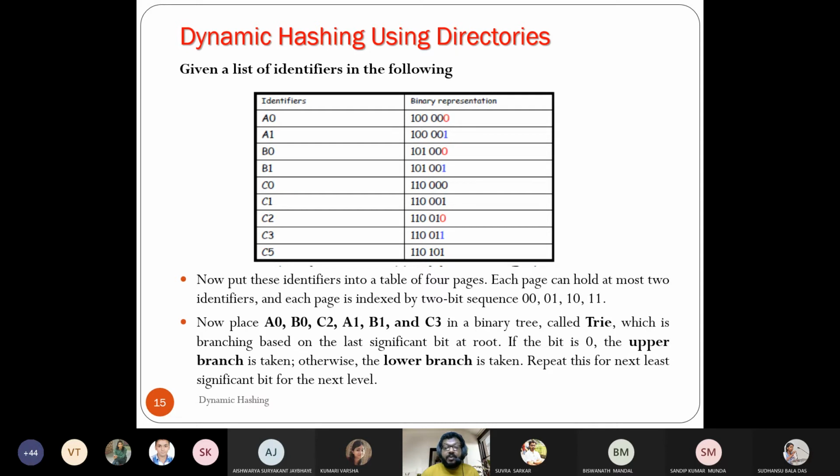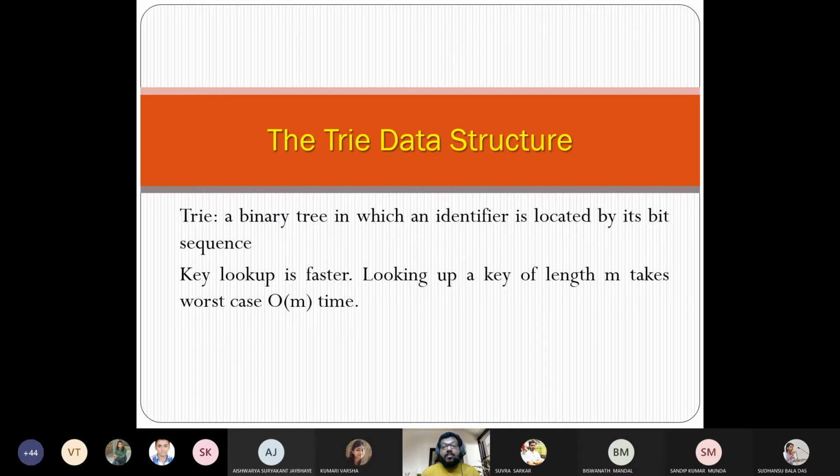And if the bit is 0, the upper branch is taken, otherwise the lower branch. As I told you, imagine the ripped tree: upper and lower, or left and right. If I tilt the tree, you can say upper and lower. Okay, so let us discuss a little bit about the trie, and then we'll move on.